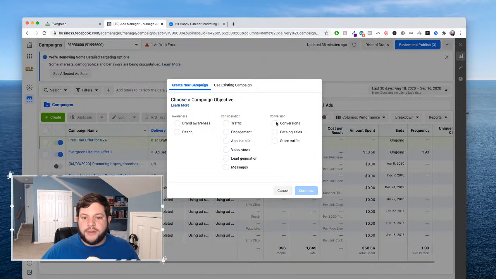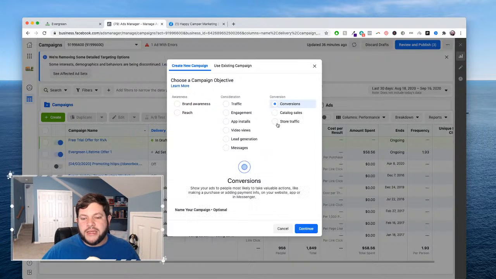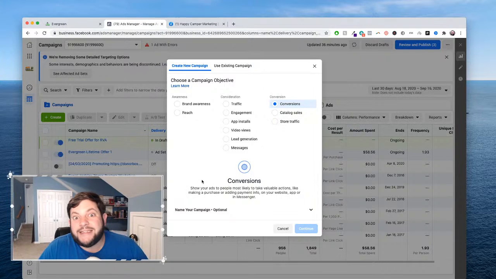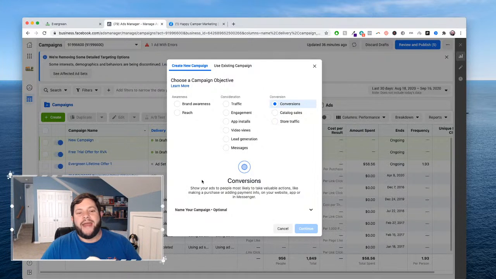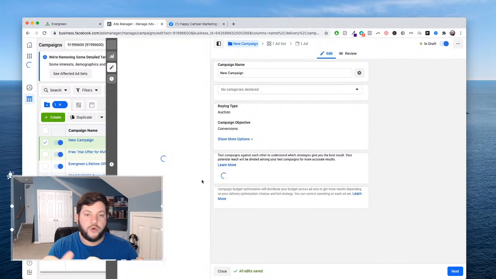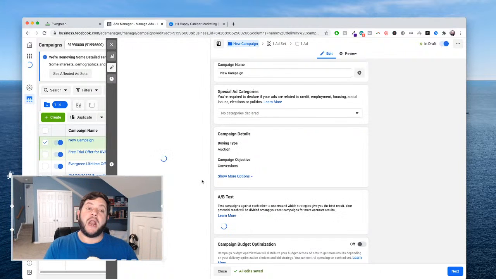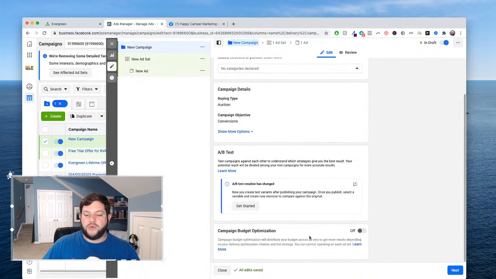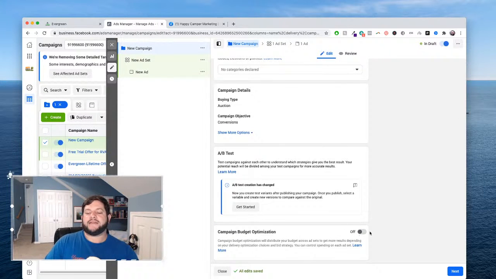So I'm going to mark conversions just to get into the campaign here. On the first page of the conversion setup, it's going to talk about CBO, not CBD, CBO, campaign budget optimization. When you build a budget for online advertising, Facebook, Google, etc., they ask what a daily budget is. So let's say I want to spend $40 a day. Well, there's this campaign budget optimization that you want to turn on because essentially what this means is the system